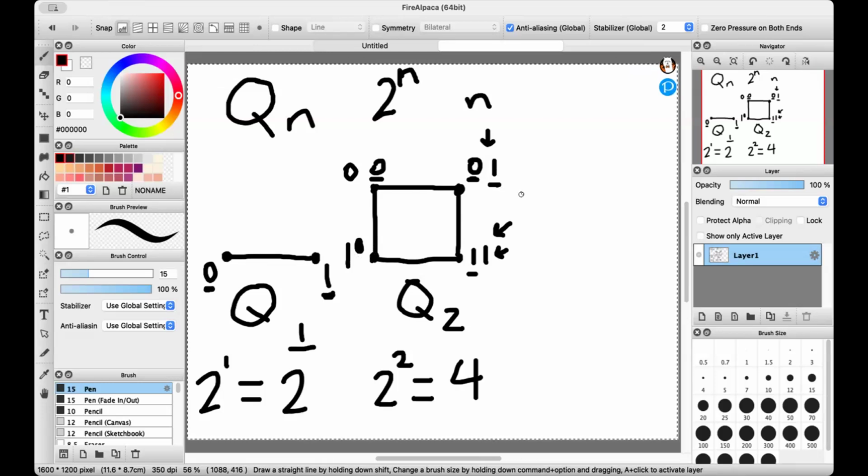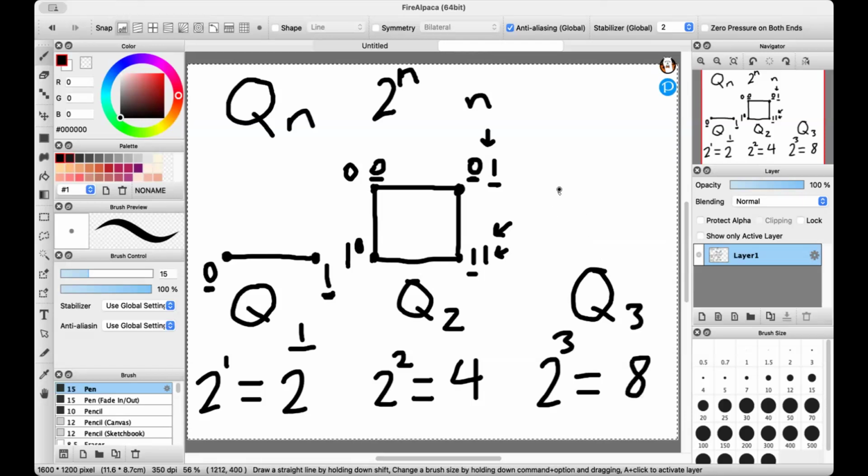Yeah, I could still draw Q3, but I kind of don't want to because that has 8 nodes. But basically you follow the same kind of process. Since this is Q3, you have 2 to the 3, which is equal to 8. So you have to draw 8 nodes, something like this. And then you have to label the nodes